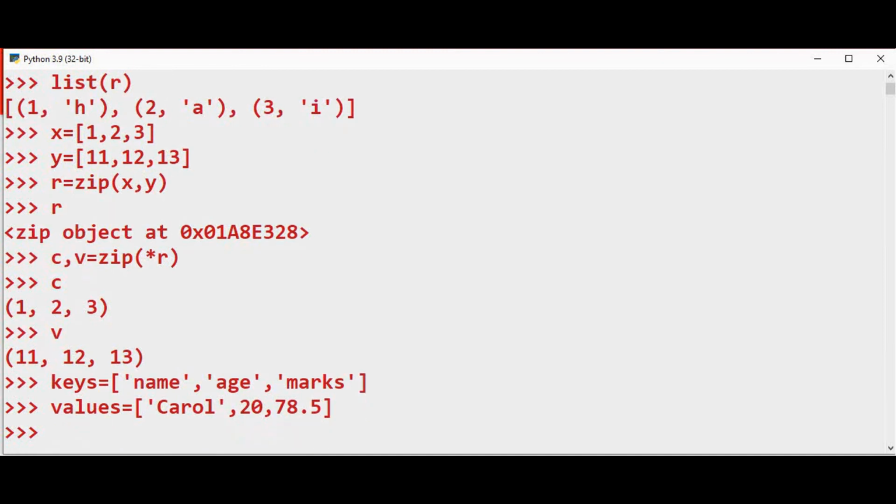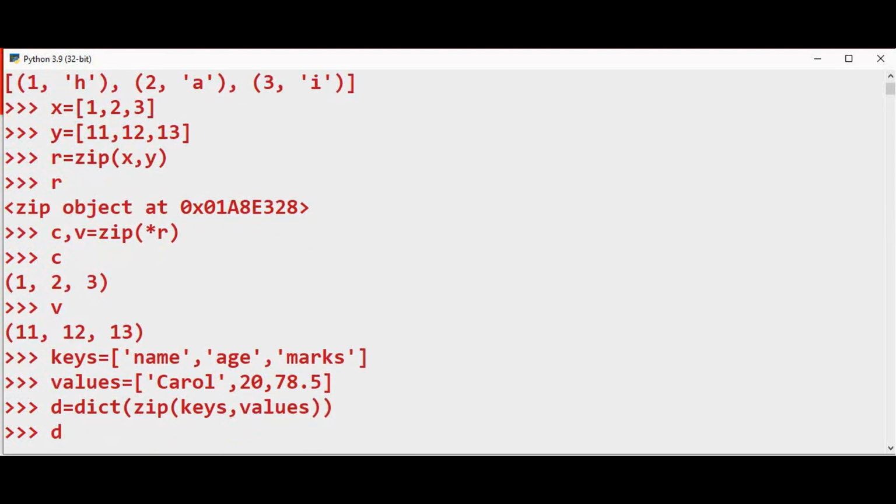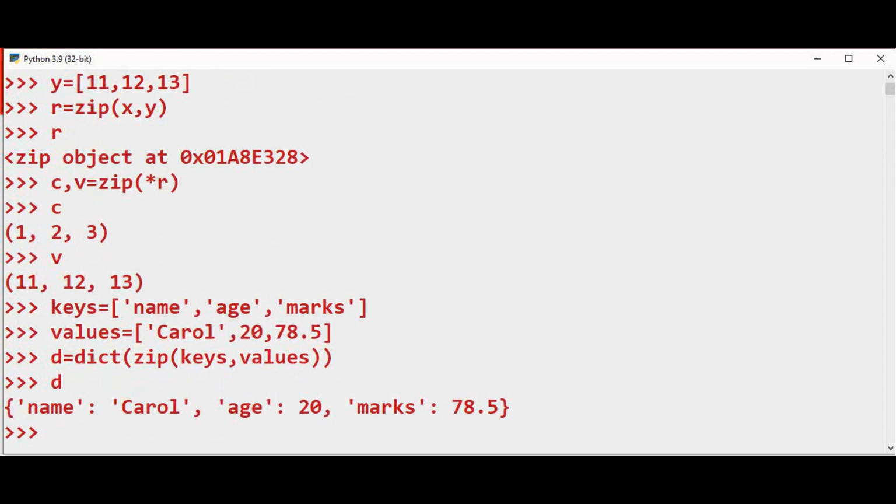Now I'm going to convert this into a dictionary using the dict method and store the result in D. D is equal to dict of zip, which takes keys and values as the arguments. Now D contains the dictionary name colon Carol, age colon 20 and marks colon 78.5.